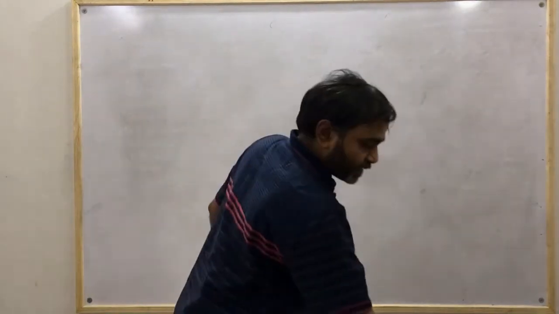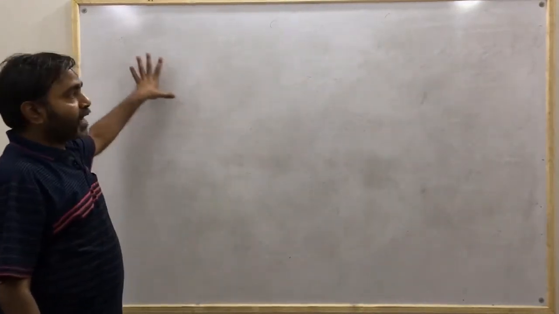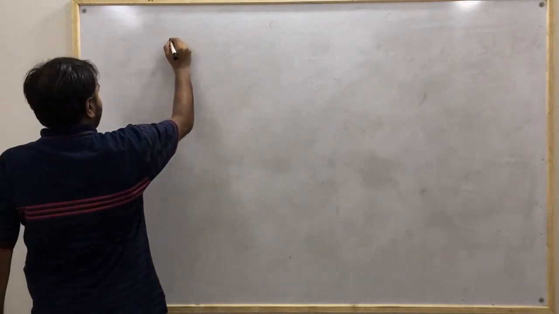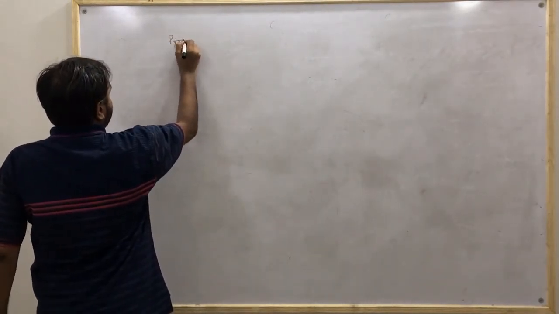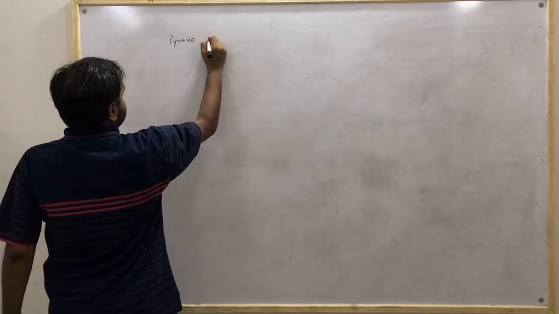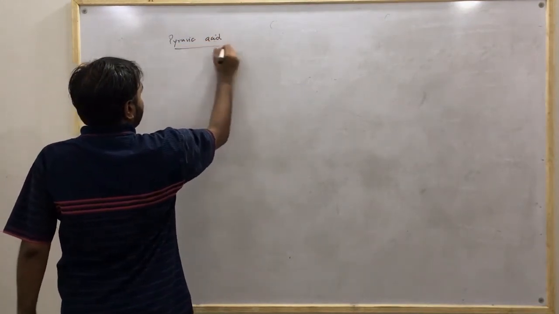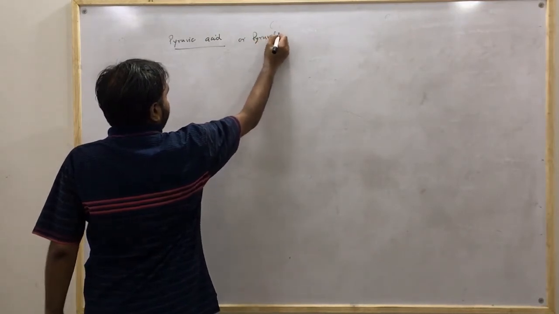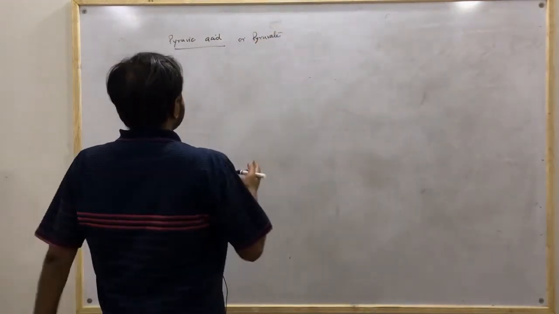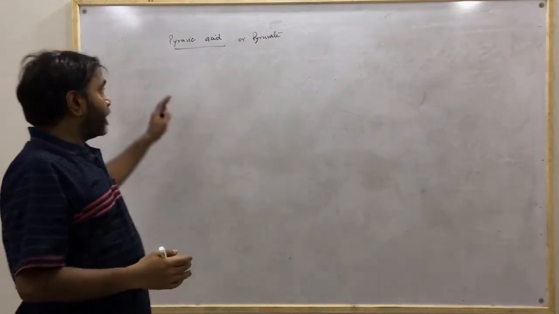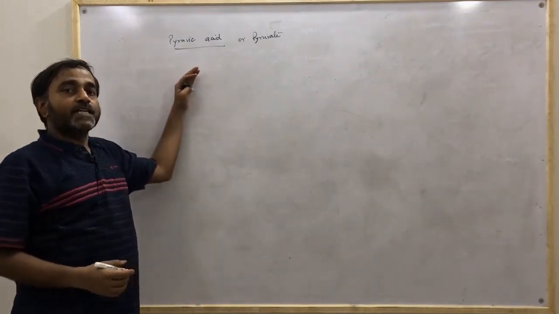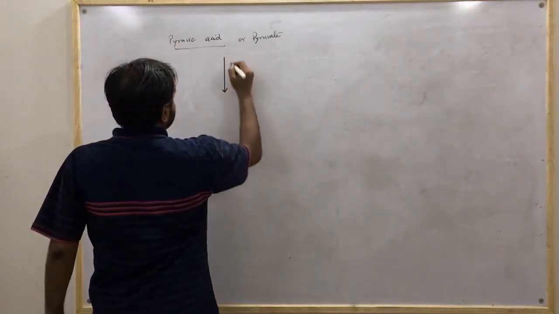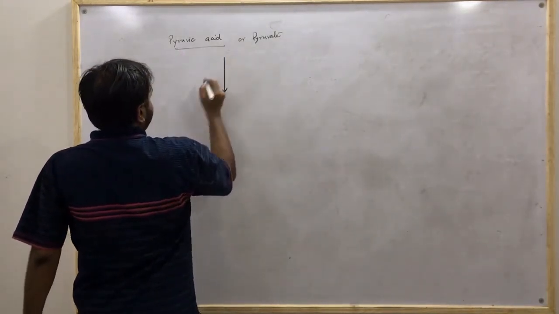Now we will move to the Krebs cycle. We have seen that pyruvic acid is obtained as the end product in glycolysis. Pyruvic acid, or you can also call it pyruvate. I told you that pyruvate is just the ionic form of pyruvic acid, but the pyruvic acid needs to get changed into acetyl-CoA. It will further get changed into acetyl-CoA.